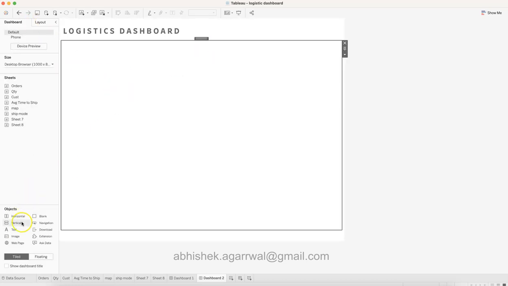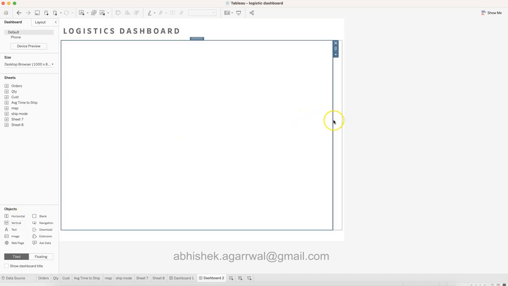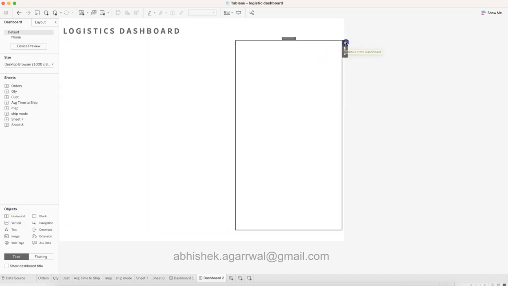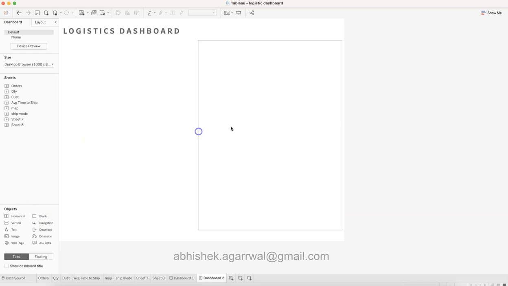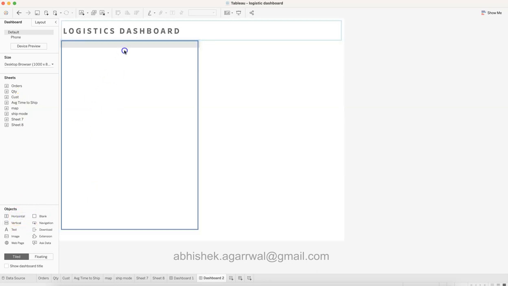I have this, and then I bring the vertical component, and this way I get one vertical component, I get a second vertical component, and I don't need the blank now. So these are my two boxes for the vertical layout, right? And now in that my first is the KPIs. So again I will pick the blank to get some space over there, right? So I have this, and then I choose the blank